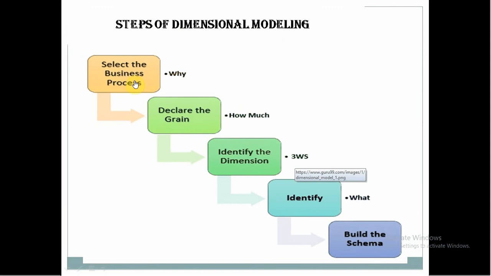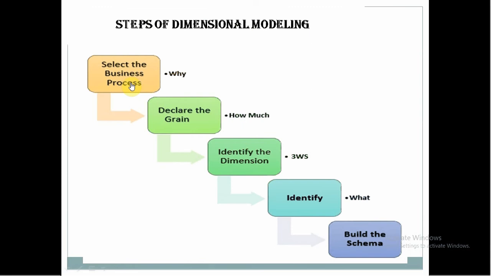Step 1. This is to identify the business process. It means identifying the actual business process our data warehouse should cover. This should be marketing, sales, HR as per the data analysis needs of the organization. The selection of the business process also depends on the quality of data available for that process. It is the most important step of the data modeling process.